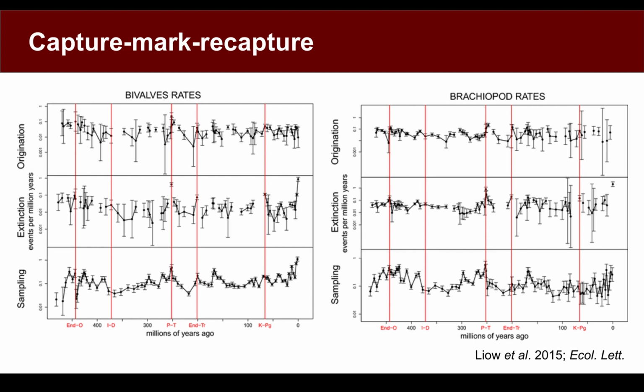So they're really nice, but the disadvantage is that generally they're only going to work when you have a high resolution temporal data set with pretty abundant groups. Effectively they're great for things like marine invertebrates, like the bivalves and brachiopods we see in this figure, but they're not going to work at all if you have much coarser, much less well-sampled data sets, like a lot of vertebrate groups.